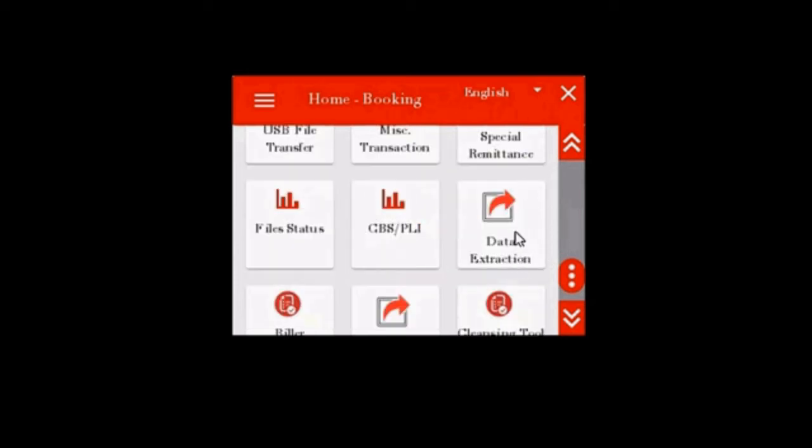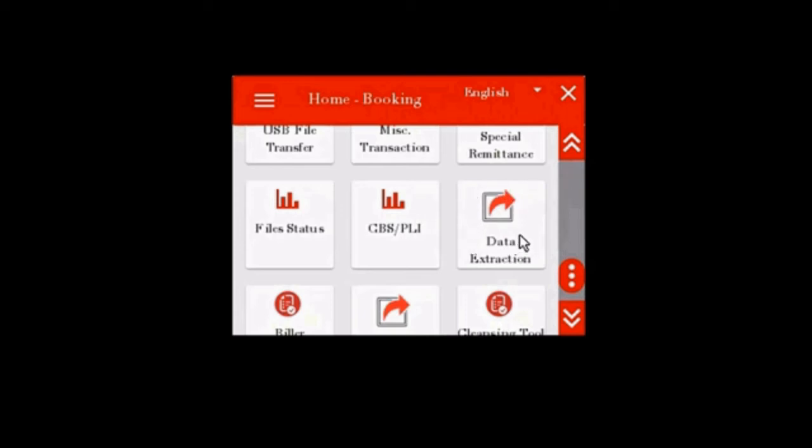Next option is data extraction. This option is used to extract the data to resolve the tickets raised by division office or sub office on behalf of branch post office. It is also used during rollout of BO to CSI system.